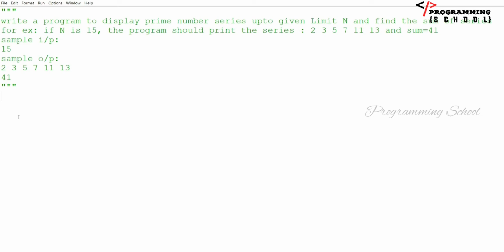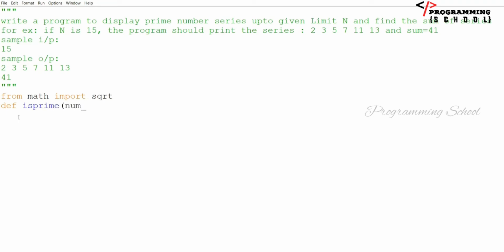In Python, to find the square root of a number, we have to import the math module. For that, I am going to write from math import sqrt. Now I'm going to write a function is_prime.